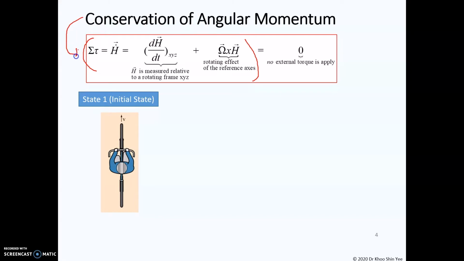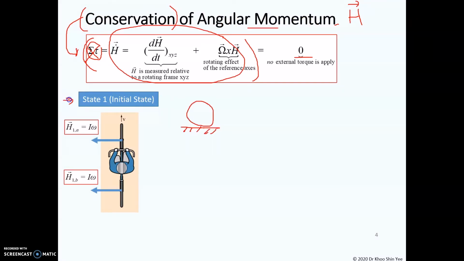Conservation of angular momentum means that if there is no external torque acting on the system, which is equal to 0, then there will be no change in terms of angular momentum. In this case, the angular momentum, which is the H, will just remain constant, and this is called the conservation of angular momentum. For example, in the initial condition, which is state 1, you are